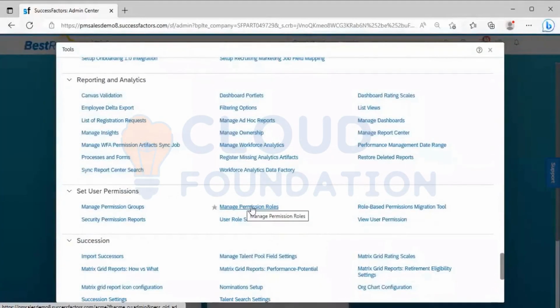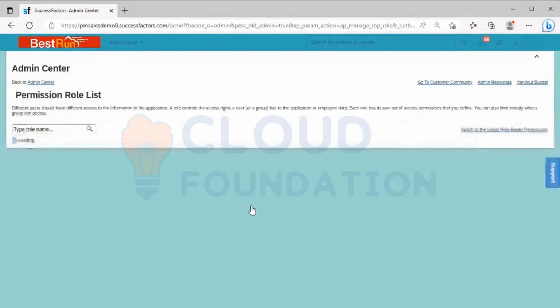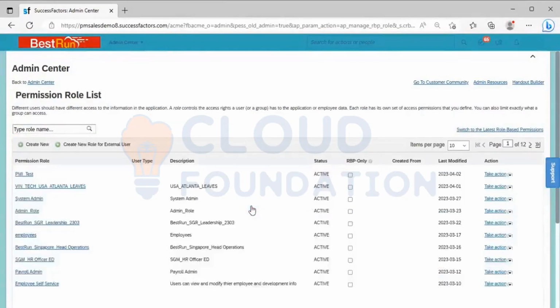When I click on this, it will take me to a page where you can see permission role, description, status, created by, last modified. All these details will be there.